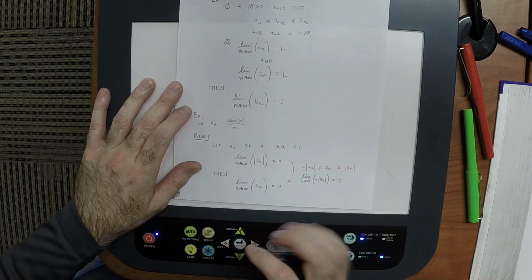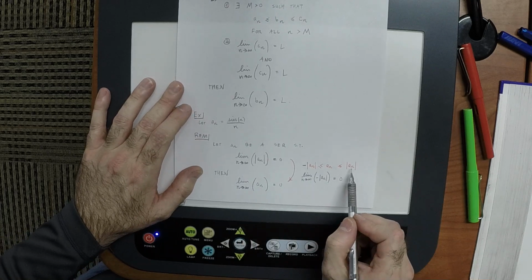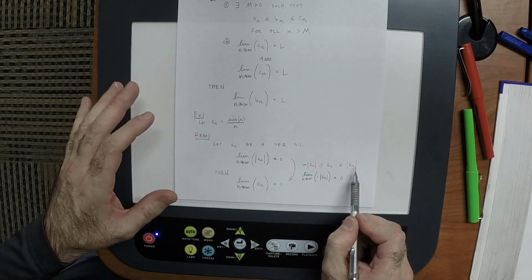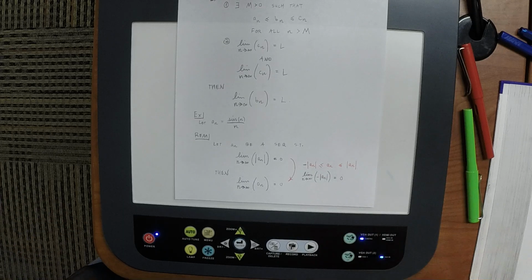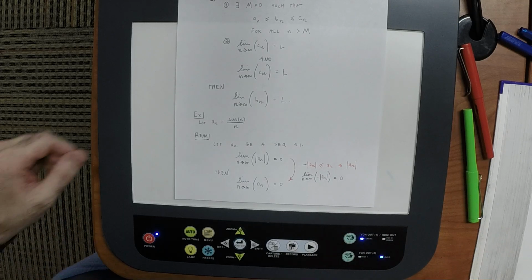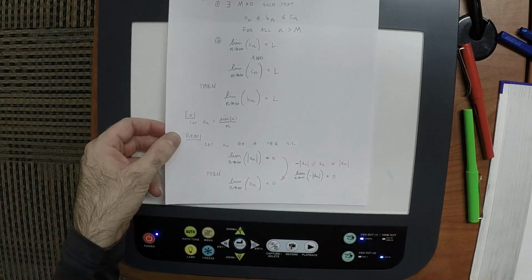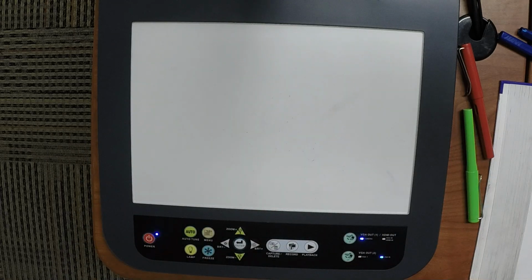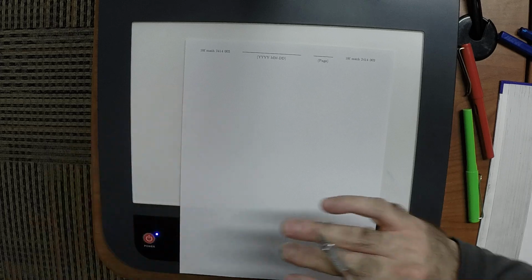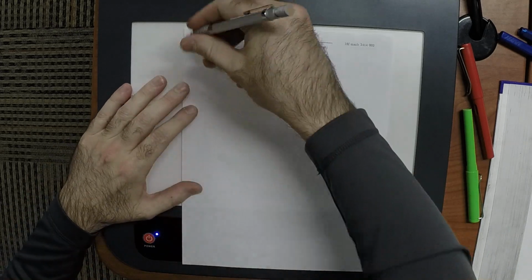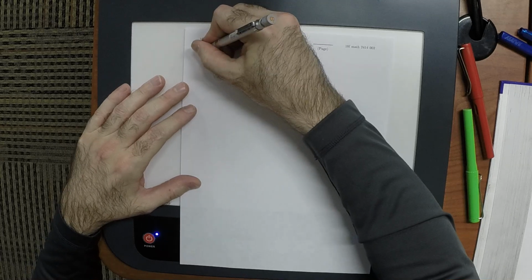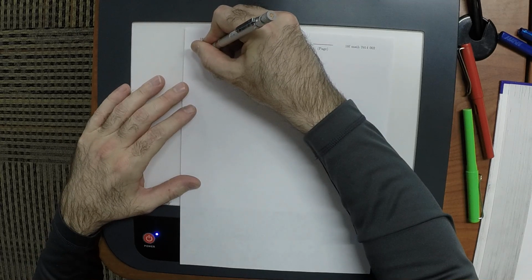So here's the deal: the one on the right's going to 0. The one on the left's going to 0. So what about the one in the middle? It's going to 0. Okay. So now, that thing we just said, we're going to use it in a moment, but I want you to understand that it's a little slippery. It's a little slippery because of the following. So notice that the following statement is false.